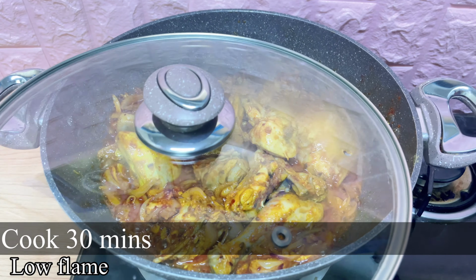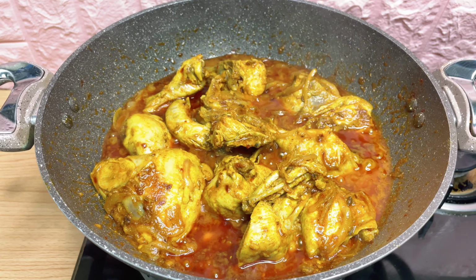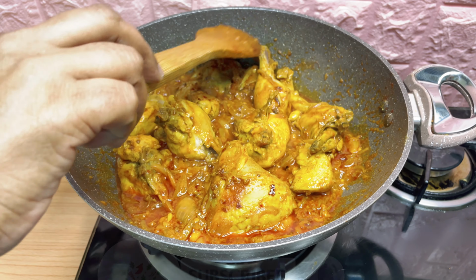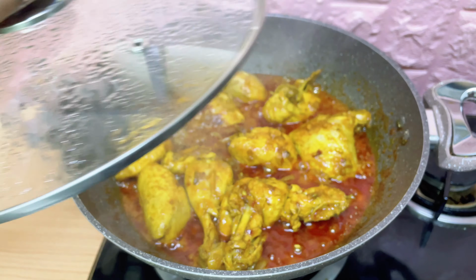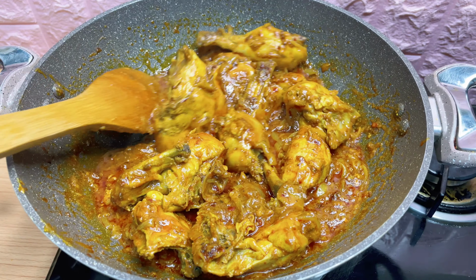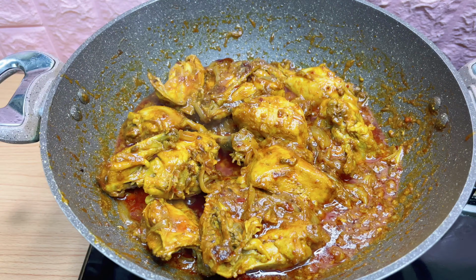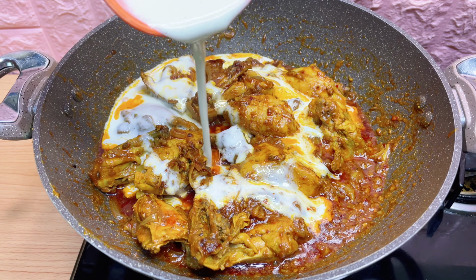Now we'll close the lid and let it cook for 30 minutes on low flame. Stir it at 10 minute intervals. Now our gravy is getting thicker. Once the oil starts popping up, we will add 1 cup of smashed yogurt to it, which makes it even